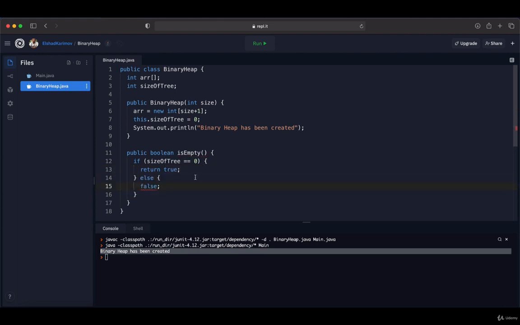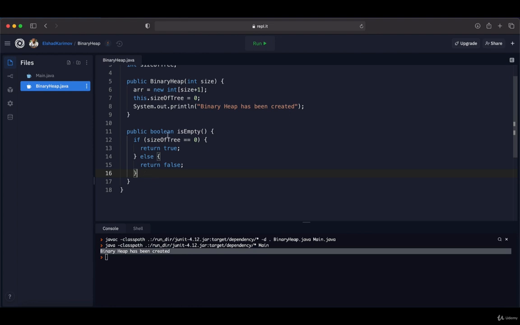Now, based on size of tree, we can identify if this is empty or not. So if it is returning false, it means that it's not empty. Now, by using this method, we are going to implement pick method over here. So the pick method will be like this. So public int. In our case, it's going to return the type of integer because in this case, our